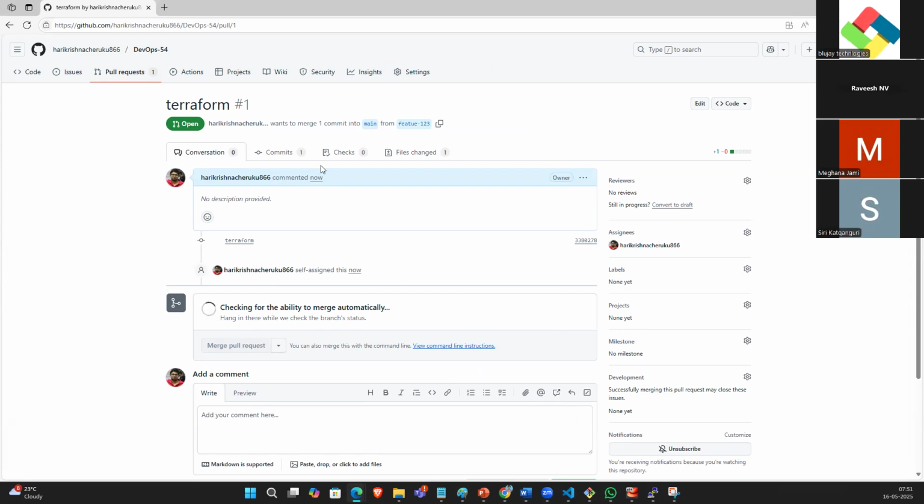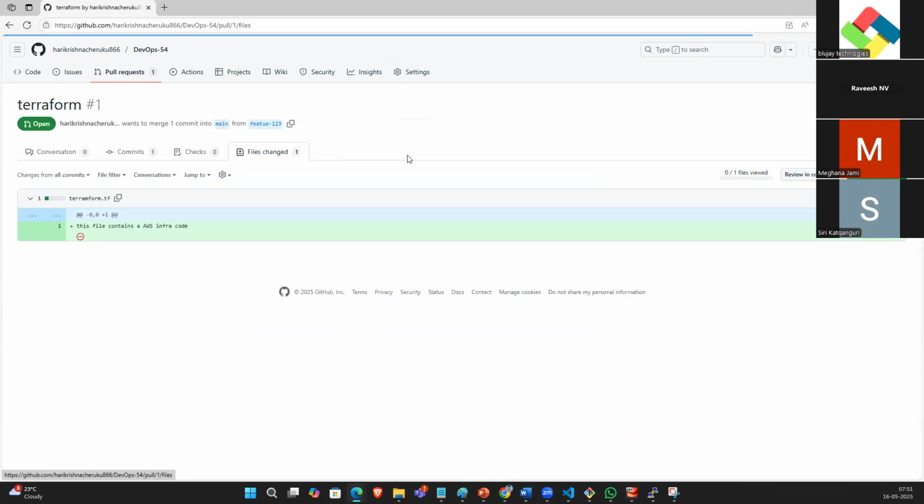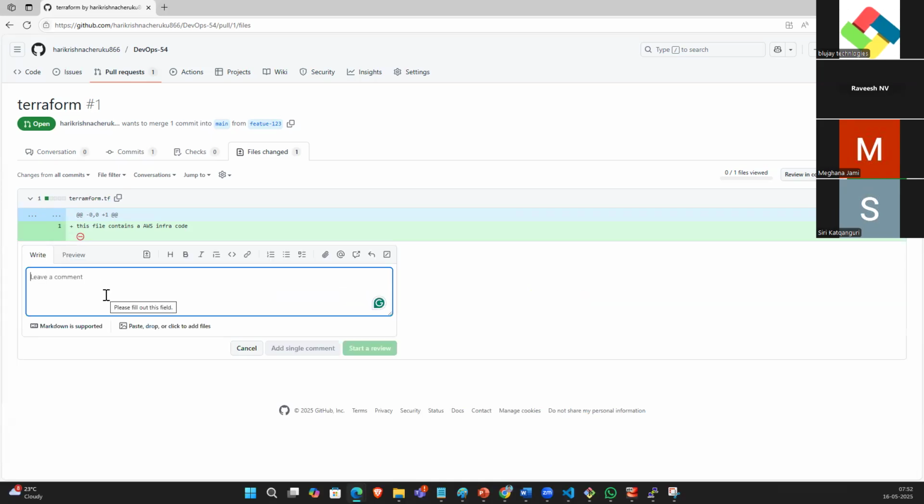Yes, the pull request is created. You see that? So this is the file. This contains AWS infra code, here terraform.tf. So if your manager is watching the code, seeing the code, and you want to add the commits, means